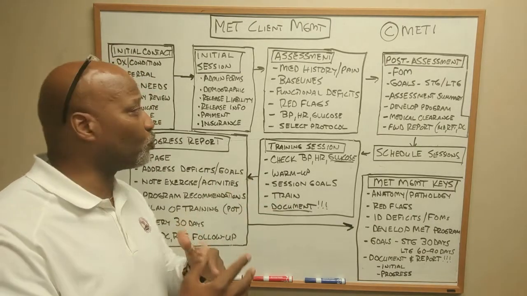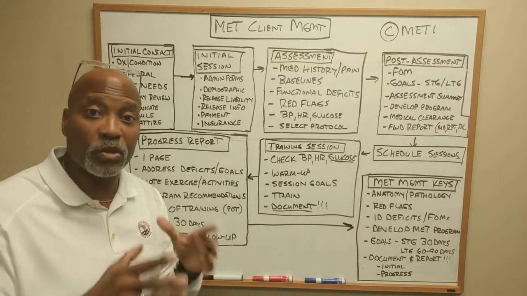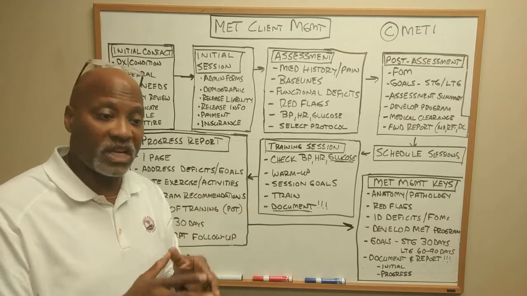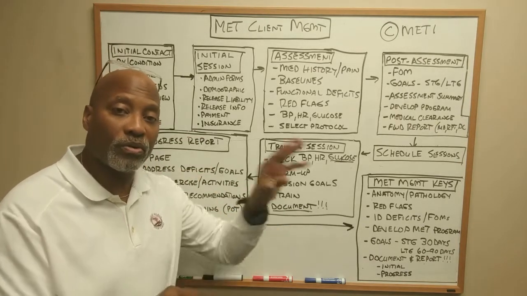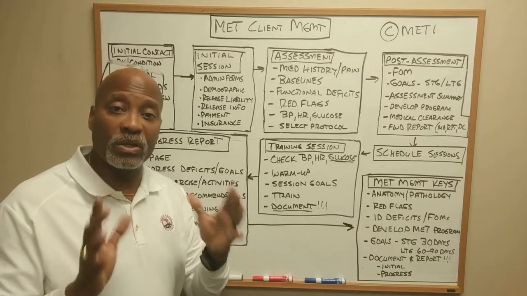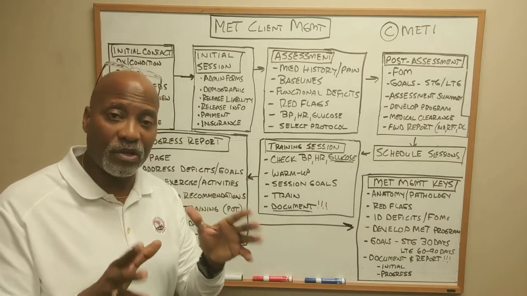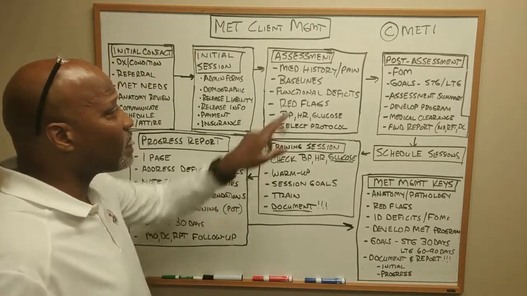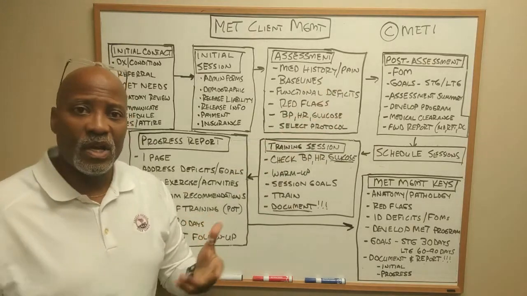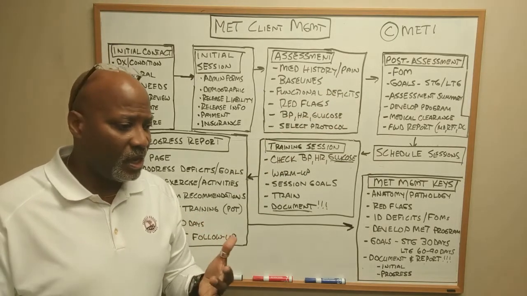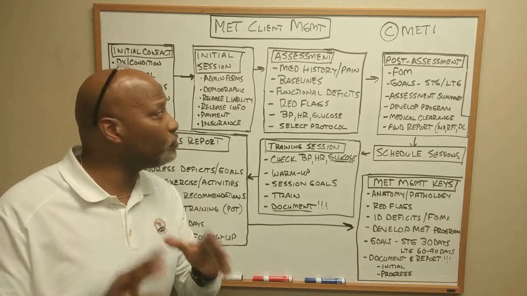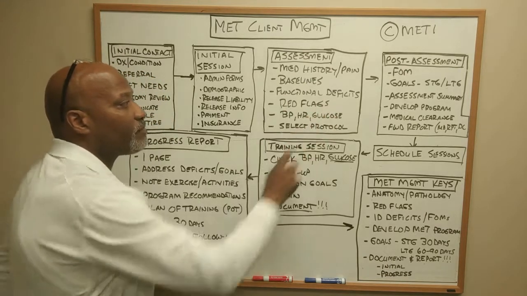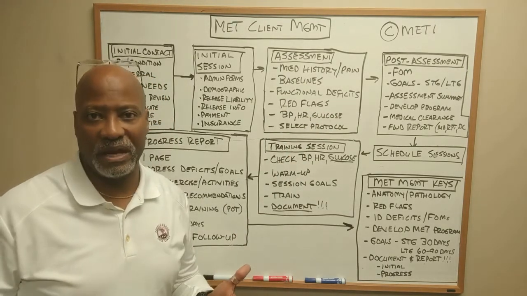But once you finish the screening and you go through with your normal regional assessment, and that regional assessment should be based on the shoulder or the knee or the spine, and we have regional assessment forms that we allow you to purchase through postrehab.com, establish baselines: range of motion, strength, function, those types of things. Once you've done that, now you can start identifying the functional deficits that the client has.